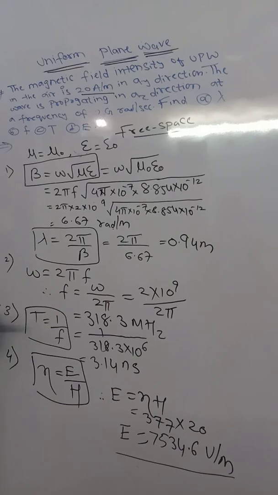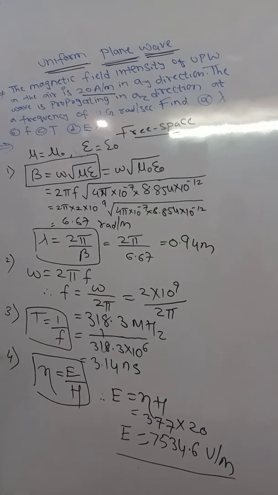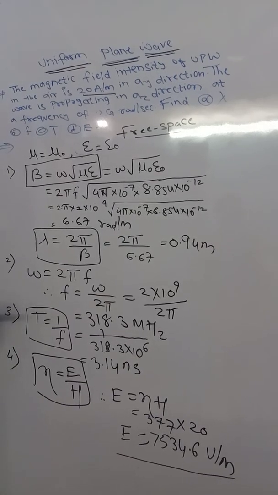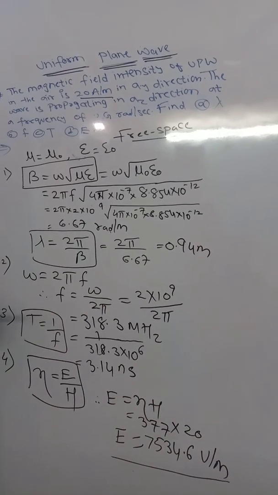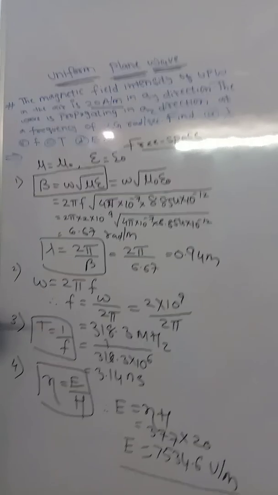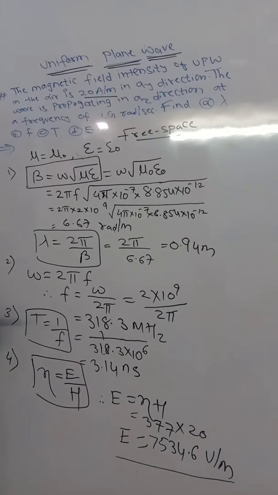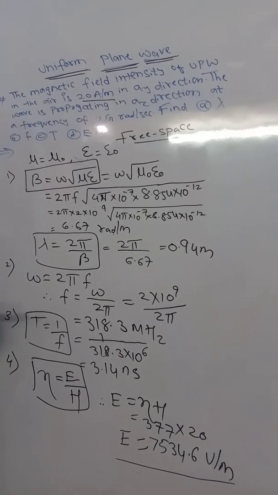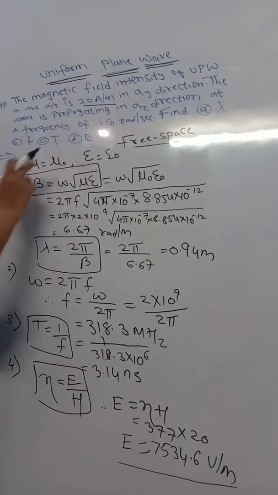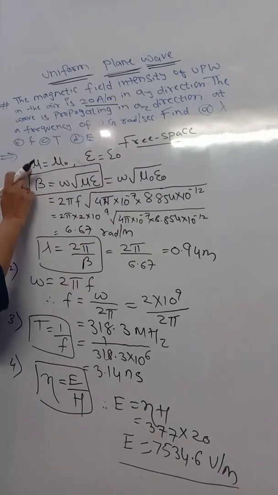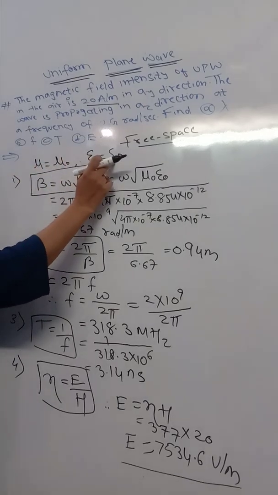So we know very well, we have simplified various numericals and we are aware that we need to apply the condition. We should be aware of the medium interface, whether we are considering the conductor, the dielectric, lossy or lossless, or the free space. So here this numerical is on the basis of free space. So definitely mu will be equal to mu 0, epsilon will be equal to epsilon 0.